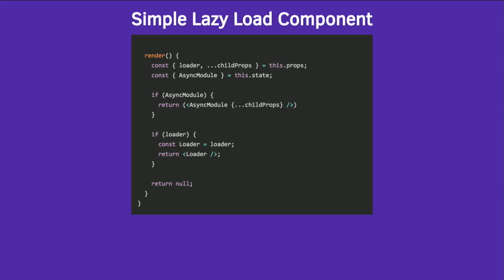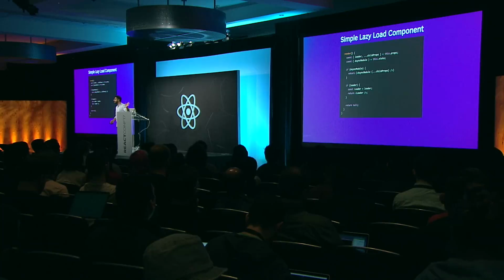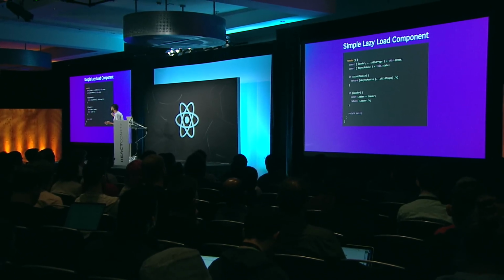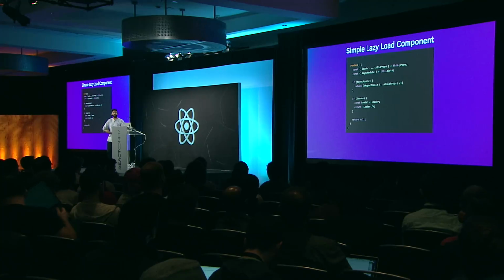Nothing else. There's a ton of edge cases that we might go through, but at the core of it, this is what it looks like. And if you think about this, this is a pattern that's really familiar to all of us. Why? Because it looks like how you'd make an API call. This is exactly what you'd do if you had a component that had a dependency on some data.